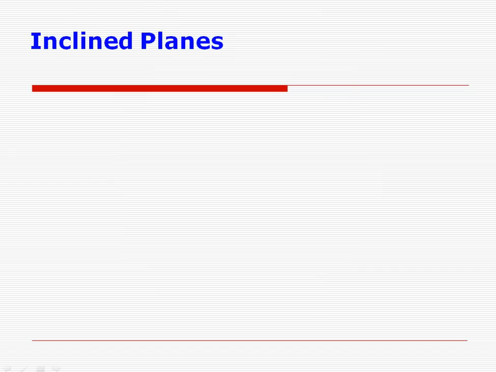Welcome viewers. In this video we'll learn about the steps that we have to follow when we draw the projections of planes. So first we start with the inclined plane. The definition of inclined plane is it is inclined to one of the principal surface and it is perpendicular to the other principal surface. So in one view you will have apparent shape of the plane, and in the other view you will have the inclined line corresponding to this.